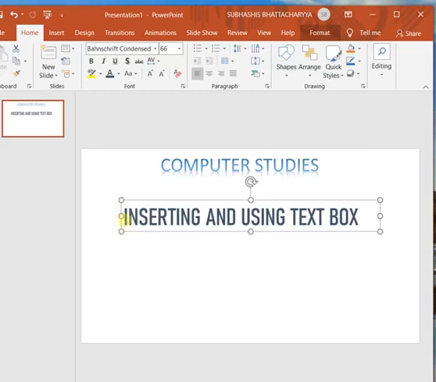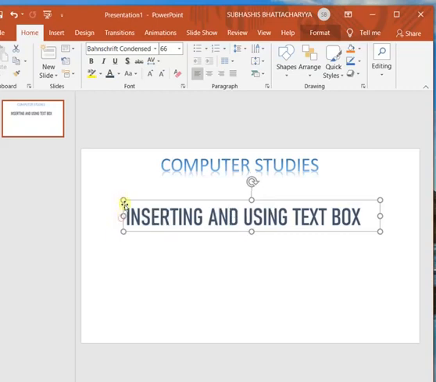By default, the alignment within a text box is left align. That means the text is aligned along the left margin of the text box. See here, the text starts from this left margin of the text box.